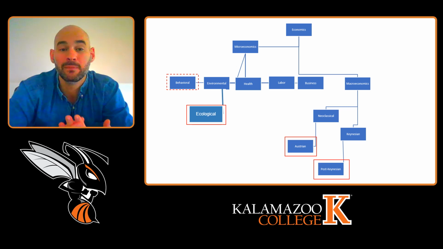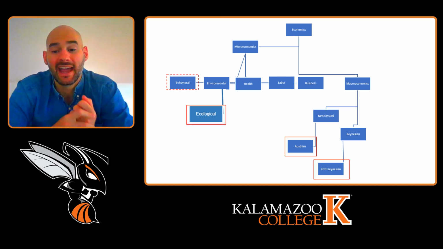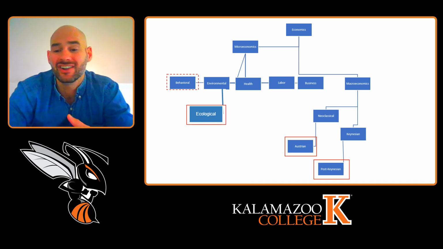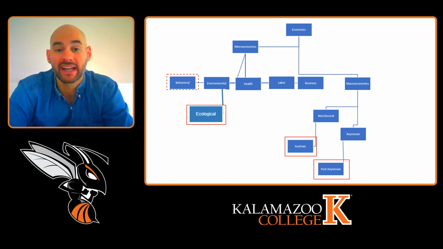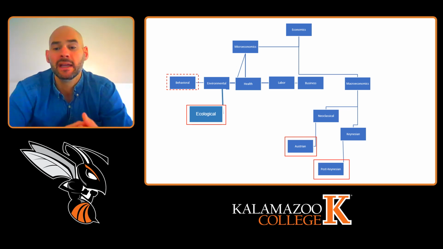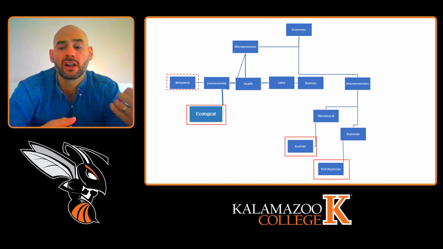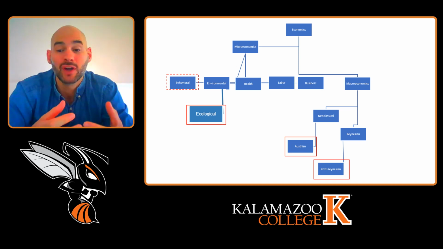So orthodox just means mainstream. It means the type of economics that's done at almost every college and university across the country, what's done at most think tanks and companies and corporations. Heterodox just means what is outside of the mainstream of economics. And we are going to be spending most of our time on orthodox, on mainstream economics, because that's going to be maybe more relevant to your careers. It's going to be more closely related to the economics which is done at Kalamazoo College and is done at